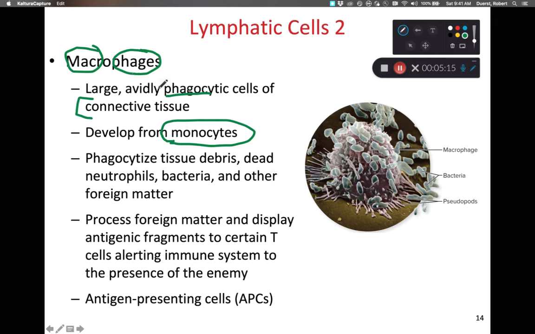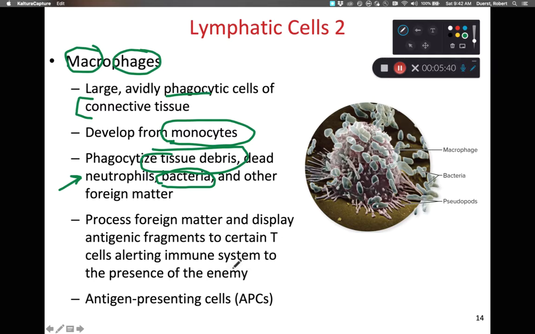previous unit. As these macrophages move throughout the cells and connective tissues of our bodies, they are going to phagocytize bacteria, neutrophils, which have self-destructed. If we have tissue debris in our bodies, those macrophages will remove it, or any other foreign matter can be processed by the macrophages. As the macrophage is processing foreign matter in our body, maybe bacteria or tissue debris, it'll